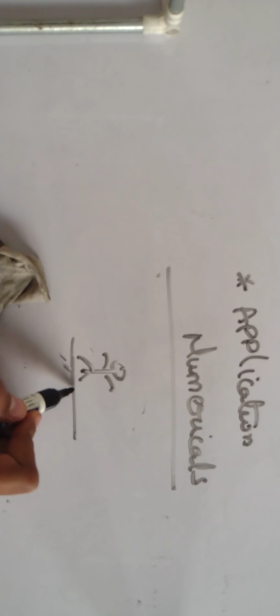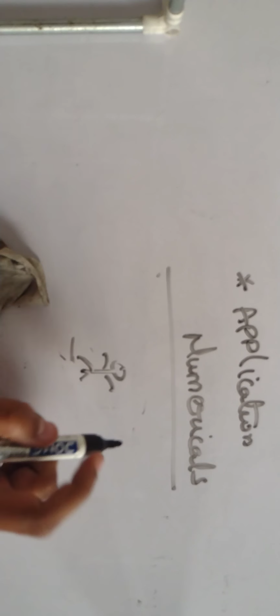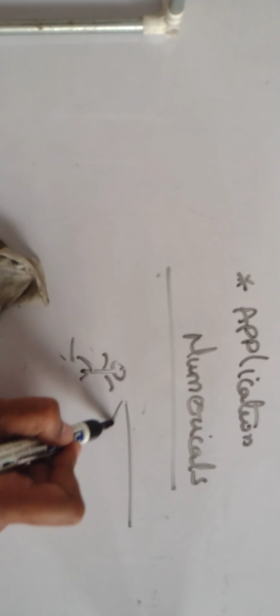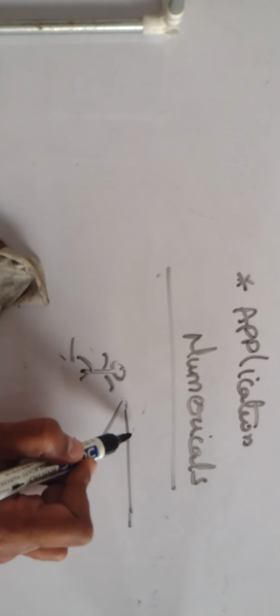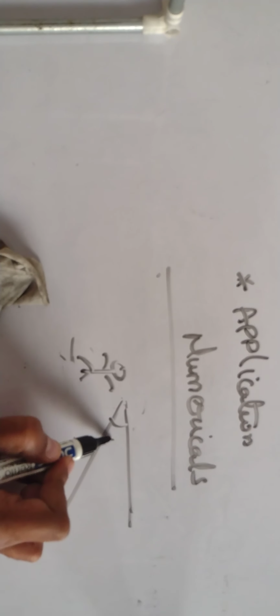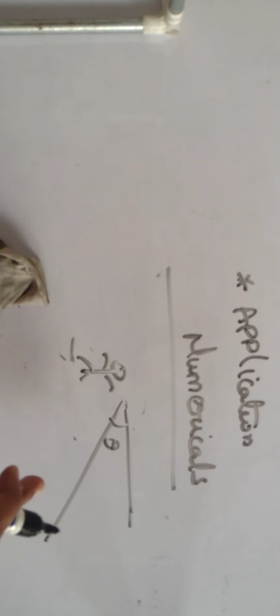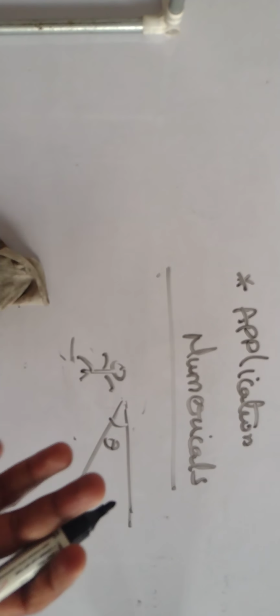Similarly, what do you mean by angle of depression? Depression means, if you are standing on the base and you are looking downward. See, this horizontal base is remaining constant, but the angle has changed. So this theta, if it is going downwards, this is known as angle of depression. For example, if you are depressed, what happens? You put your head down, right? Getting it? So this is known as angle of depression.